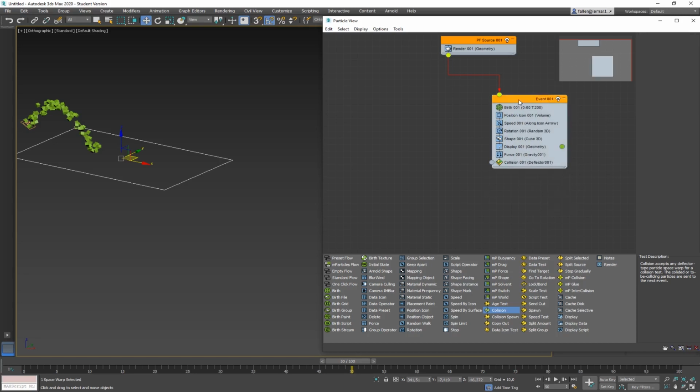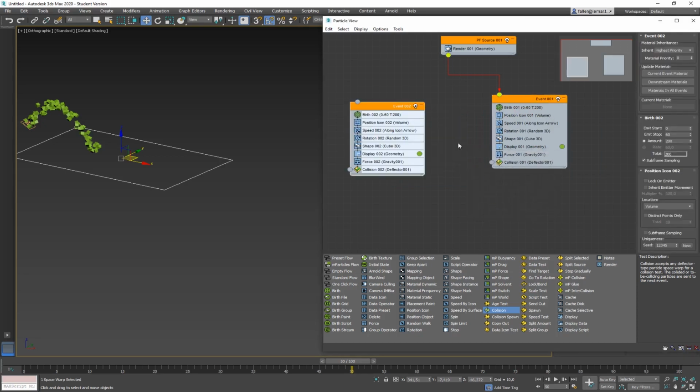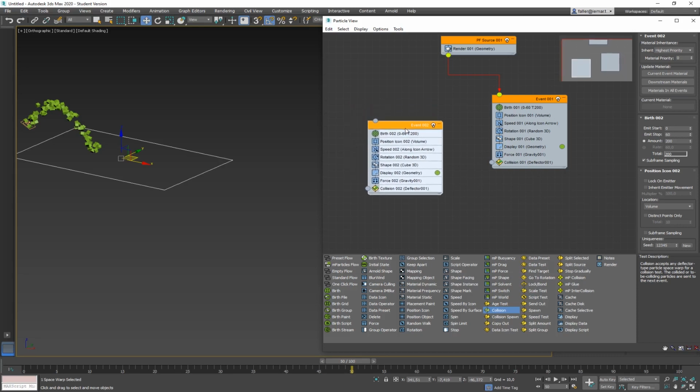So what I did is I just selected it, held Shift, moved it and created a copy of everything. So here's the copy of the event. It just has a new number, birth event. My copy of the event has a few things we don't need.